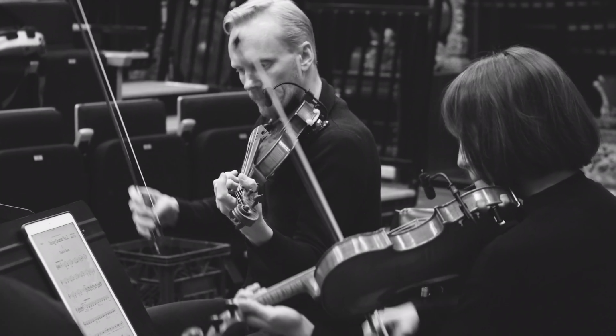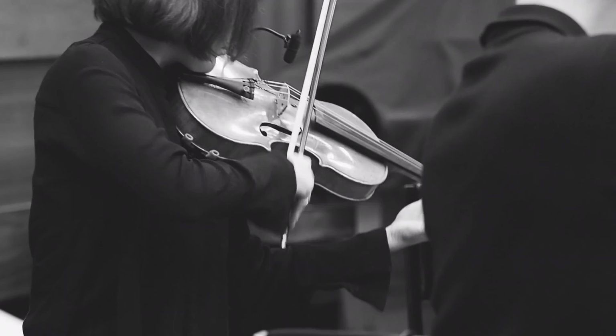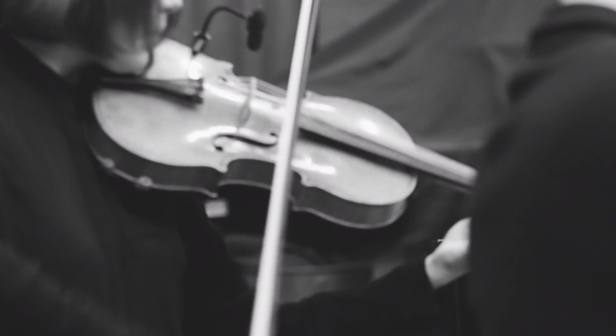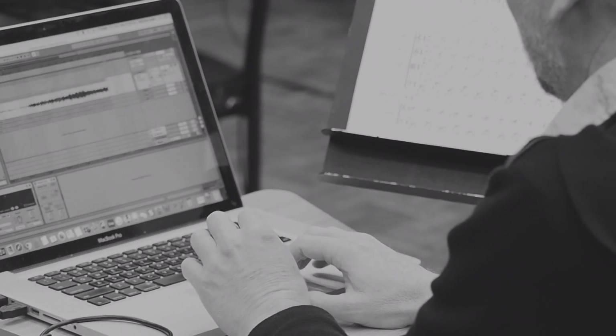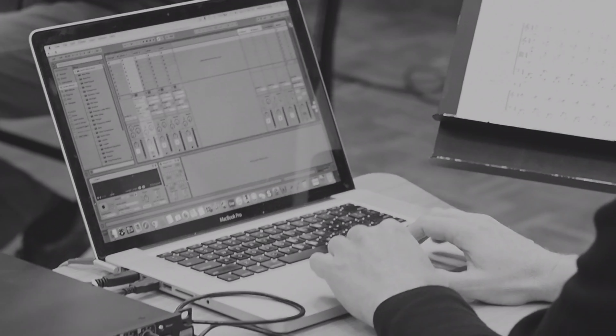So there's 4 feeds that come from the quartet, and that goes into the computer. The computer is running a program called Ableton Live, and that processes the sound in various different ways. But the one main effect that I use is one called looping. The sound is immediately recorded and is put into a buffer, and that can be immediately spat out again. So it can either be reversed or changed in pitch or changed in time.